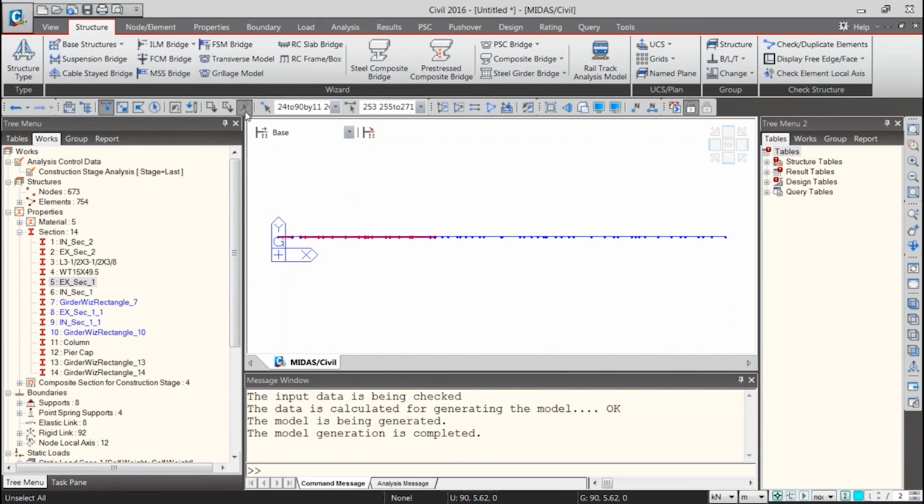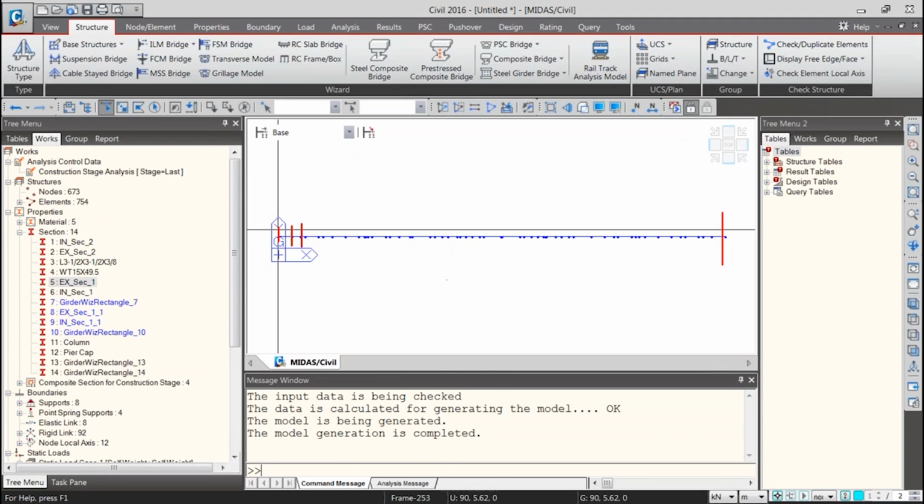It will be small here, then it will increase with the length, and finally it will be this length. So we have to give so many sections. I hope you understand that for each line element we have to give these many sections.